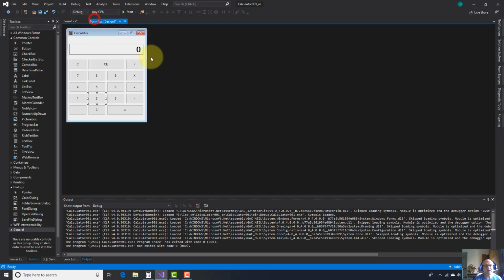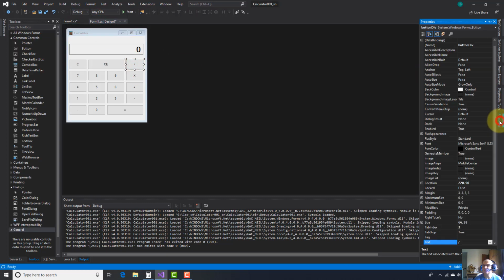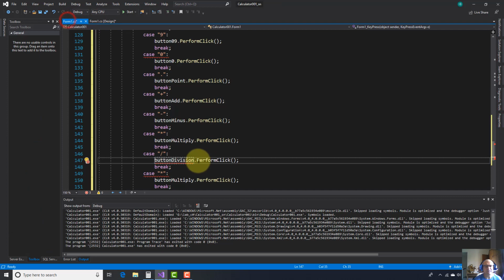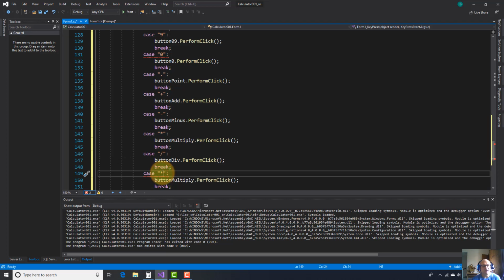Let's check the name for division. Div, just div. All right. Okay, plus, minus, multiplication, division. Okay, so now I'm going to use these